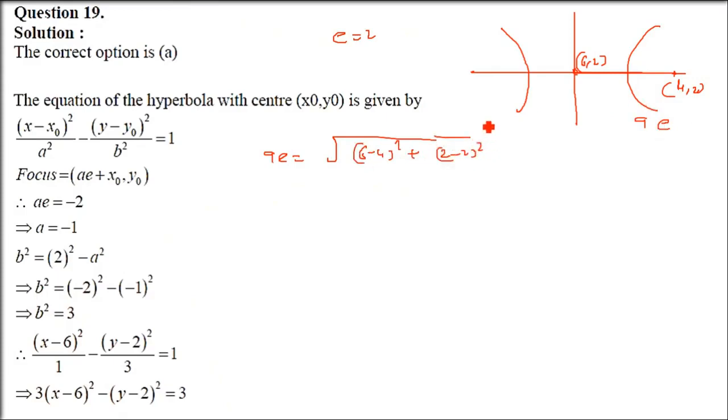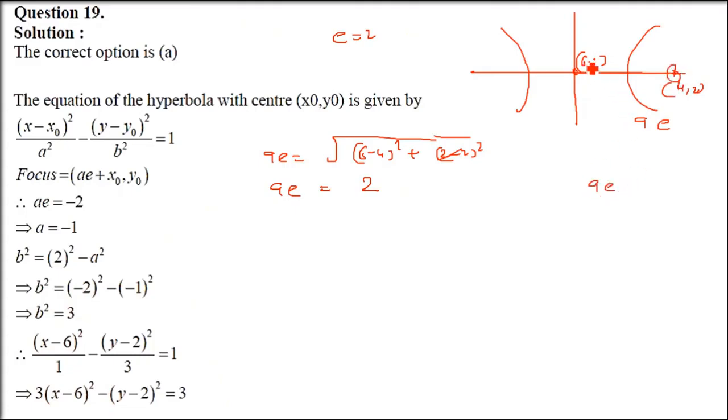But here the problem will be, I'll just show you what the problem is. So it will be 2 square under root. For normal people who are preparing for the competition, they know that if you have under root 2 square, it can be minus 2 square and 2 square. So AE can be plus minus 2. But here it's not very evident. So when it is not evident, we follow the normal way.